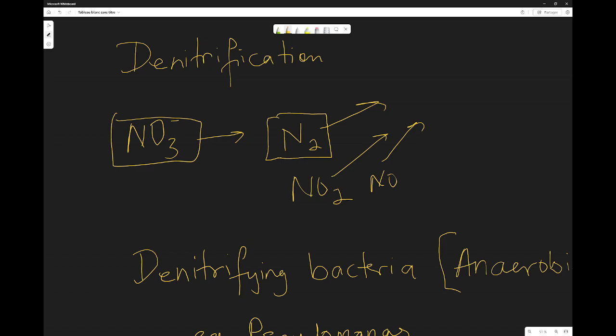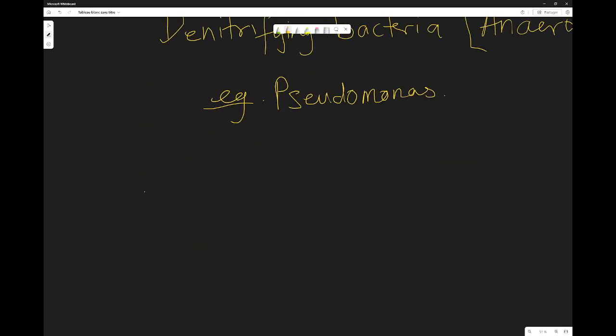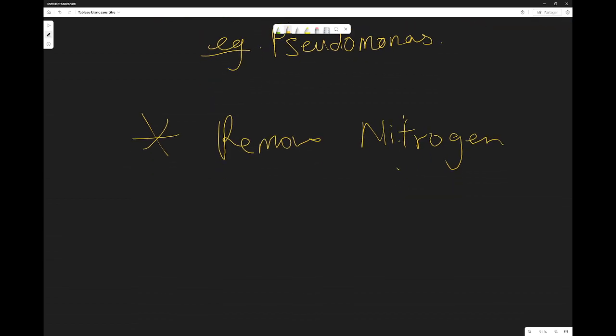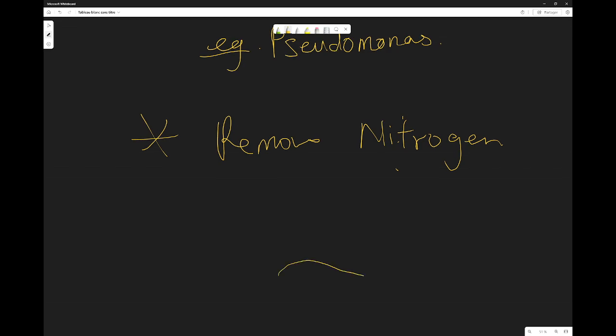And this can be a really harmful process as nitrogen is removed from the soil. So note that that can be a problem. Denitrifying bacteria removes nitrogen. Well, sorry about that, should be nitrogen. So denitrifying bacteria removes nitrogen from the soil. So where's the problem there? If we remove nitrogen from the soil,